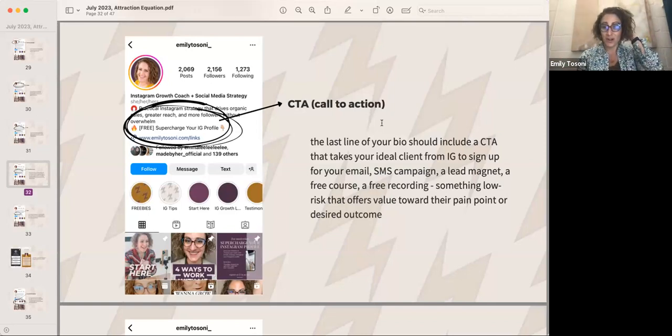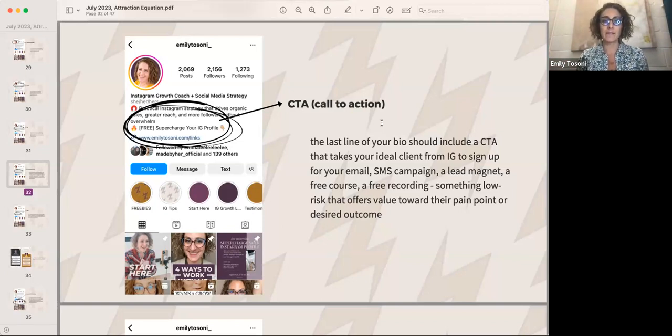So to make sure that your intrigued and interested ideal client is getting the content, you need to have an email list with a strategy there, and you need to have an Instagram profile. And the information you share can be the same. There are a lot of times I'll create an Instagram post and then I will copy and paste it into an email and just expand on it a bit. And that's the weekly email I send out. So it's not like you have to do completely different information.